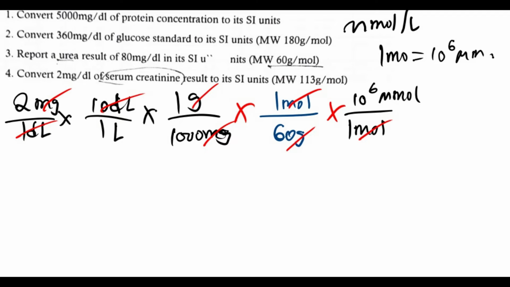Okay, which is 60,000. So if I do, oh, we are doing question 4. Sorry. Question 4, the molecular weight is 113. This part here, 113 grams. So gram and gram will go. So it is 133,000. So what I'm going to do is 2 times 10, then times 10